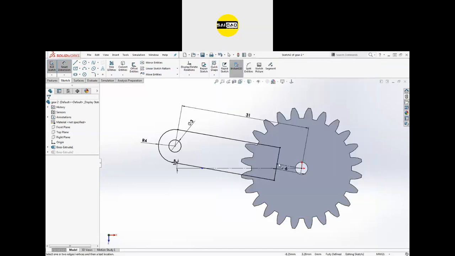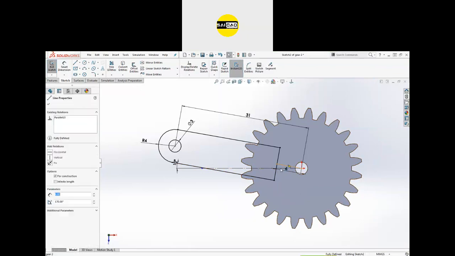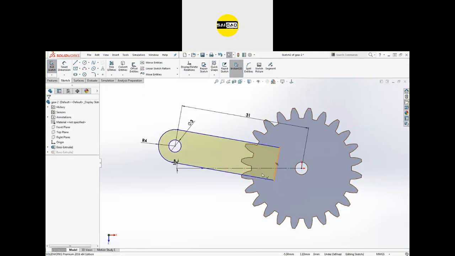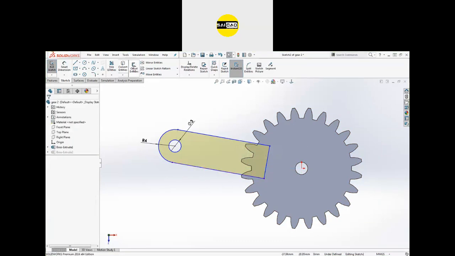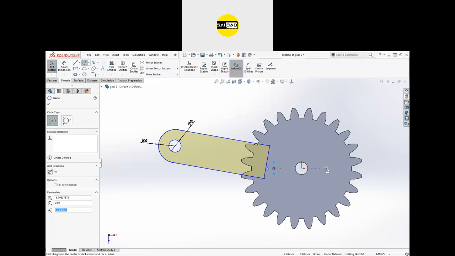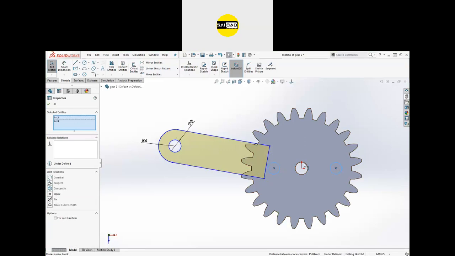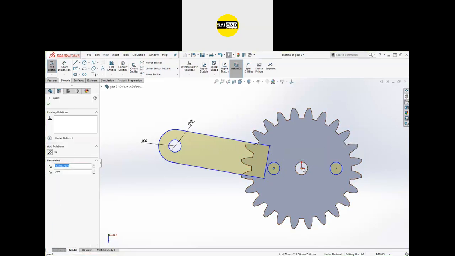So now before you create this line, just create this one, and you can just move this entire object. We don't need this one also right now. We need a circle, we need a hole here, we need a hole here. Both the circles are equal to this one, so you can define the equal constraint.